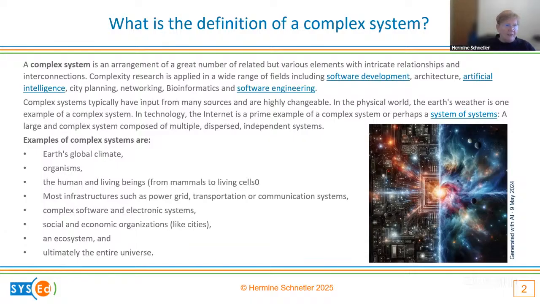You will see that in my examples of complex systems, there are absolutely no human-made systems, except maybe when you talk about the whole way countries are working and interacting with one another, not in terms of our infrastructure, but in terms of the human beings.